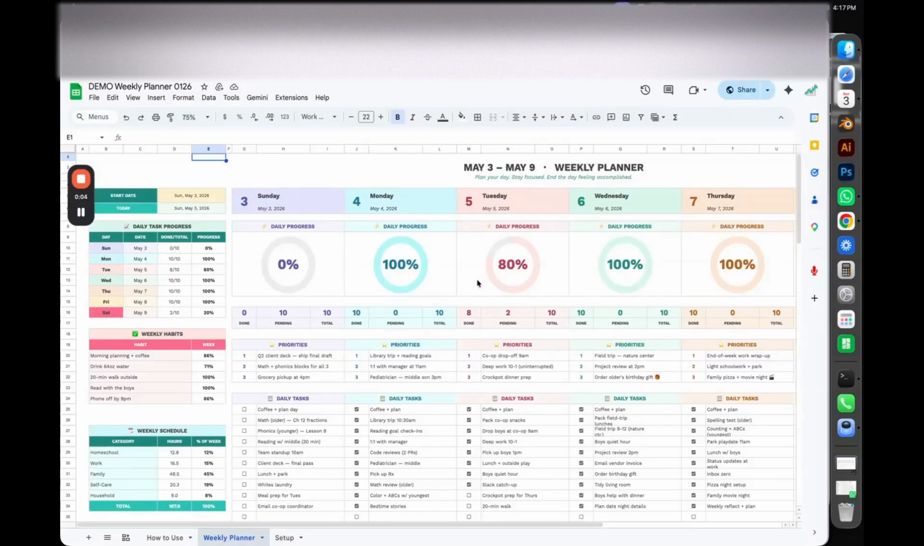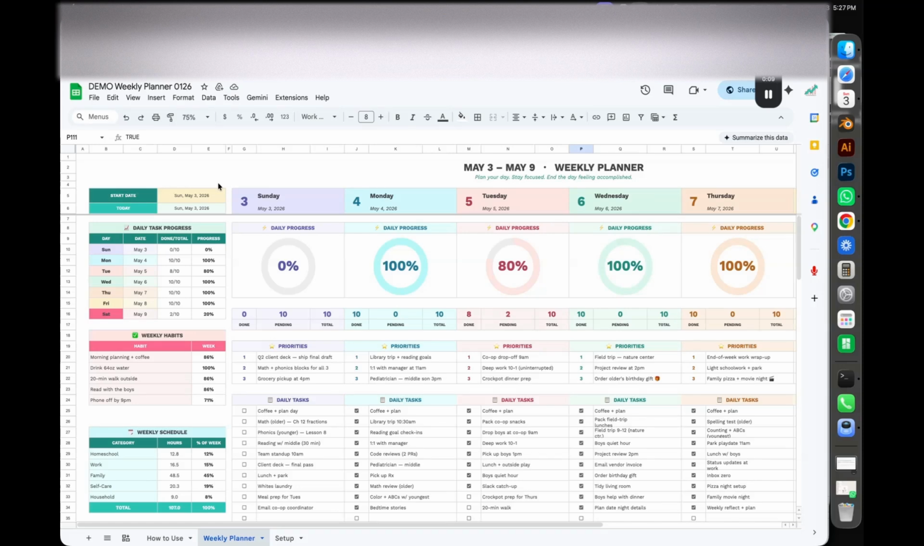This tutorial walks you through setting up and using your dynamic weekly planner in Google Sheets. You'll learn how to customize your categories and habits, plan your week, track daily progress automatically, and reuse the same planner every week. The first thing you're going to do on your weekly planner is double click here